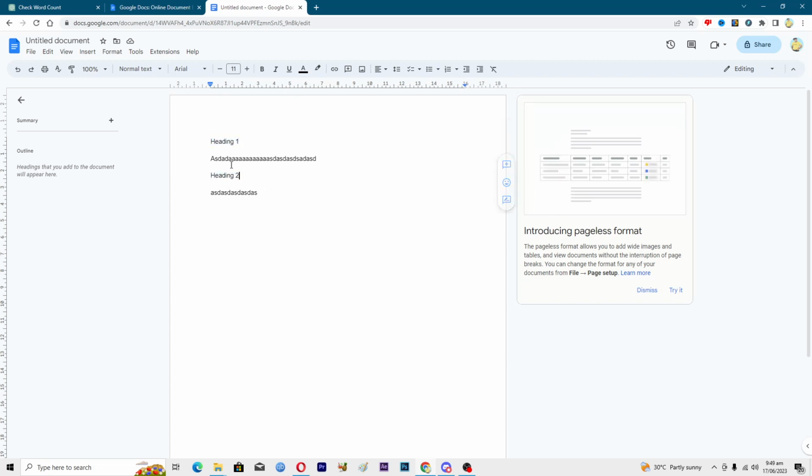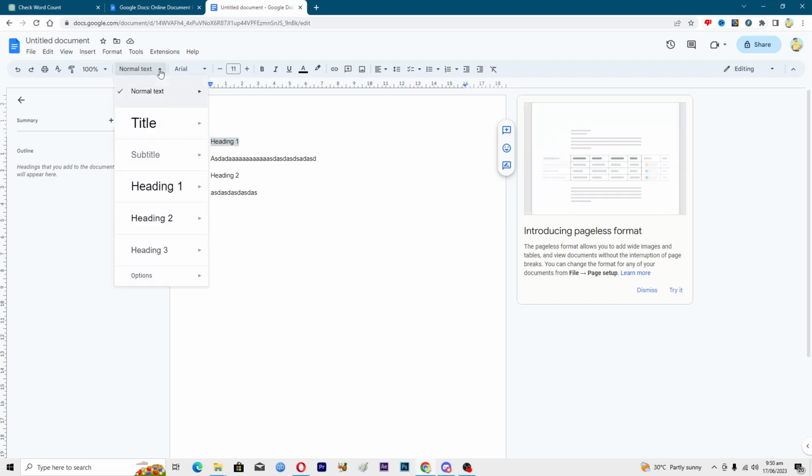So we will convert these. We will select this one, and in this styles option here, you can see that now this is normal text. So we have to convert this. We will select this text here, click on this drop down menu, and convert this. If you want, you can choose any title, but I will just convert it into